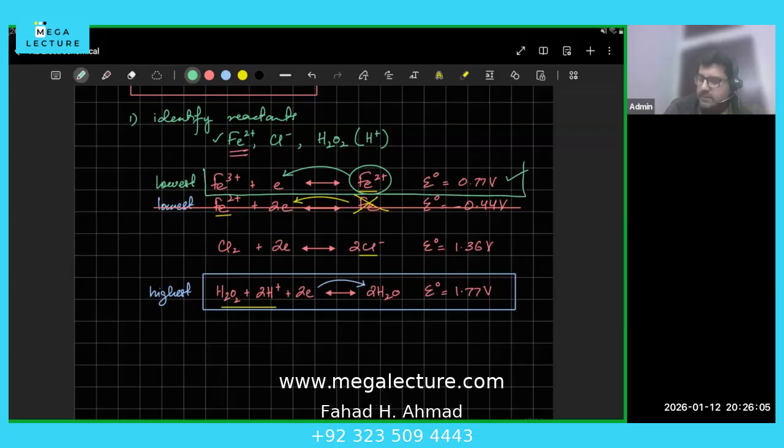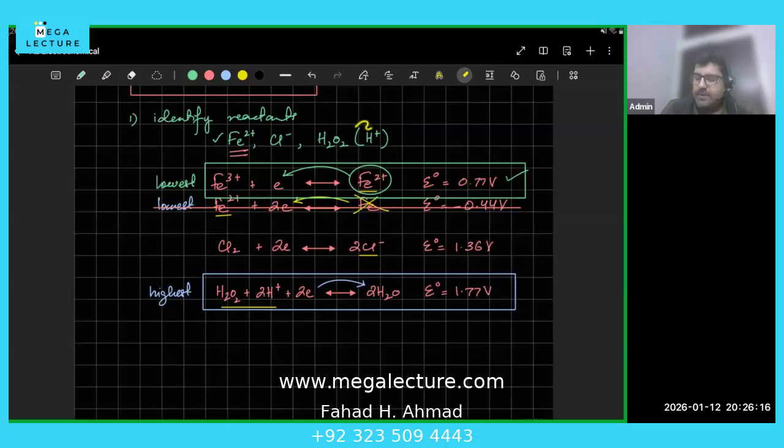So this equation, I have figured out would be applicable to my reaction. Out of all the possible reactions, it's H2O2 that has the greatest tendency to gain electrons, out of all the three. Cl has no role in between, okay? Cl is somewhere in the middle. So that means Cl is not doing anything. Its turn will not come. It's just a spectator, just waiting. The lowest one is losing electrons, the highest one is gaining electrons. The middle one is not really doing anything at the moment.